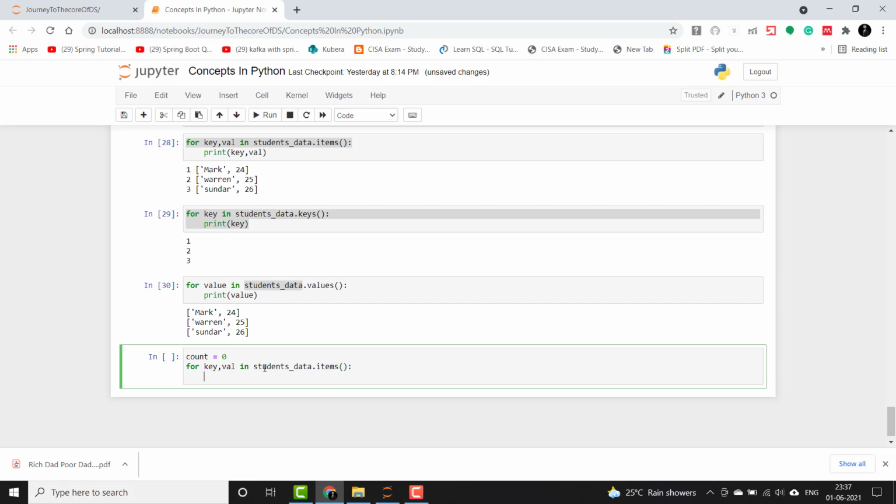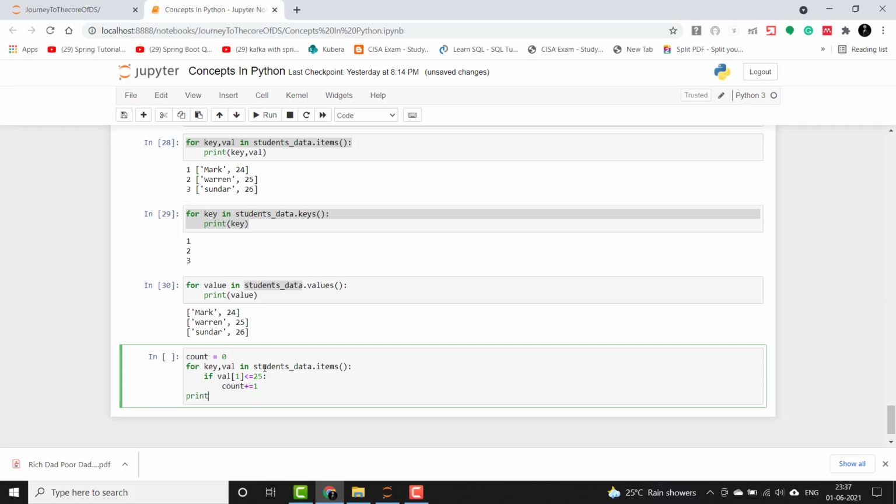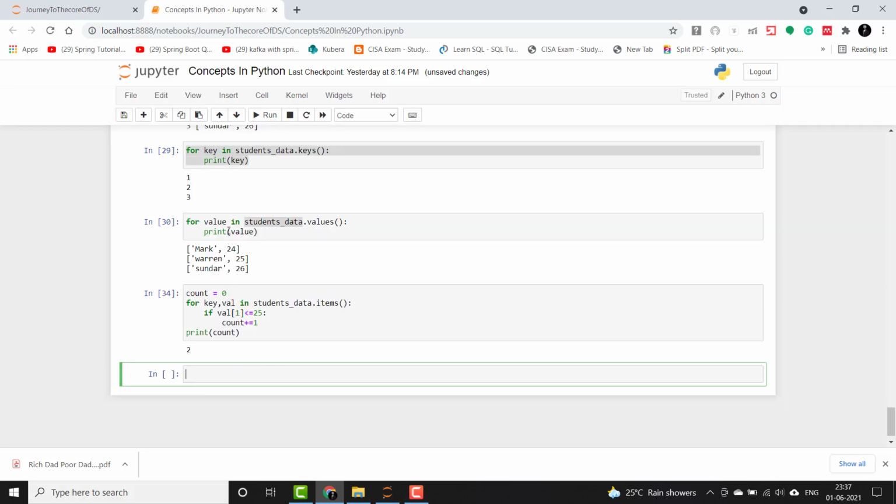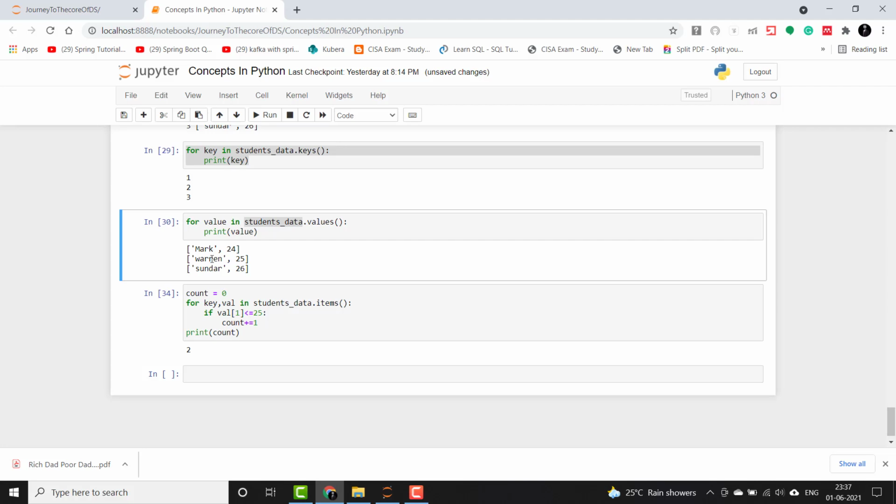Okay, and what we'll do is we'll check in an if statement whether the age, that is the second index here, is less than or equal to 25. Okay, and we will then increment the count and print the count here. Okay, so here you can see that Mark and Warren have age less than or equal to 25, and thus